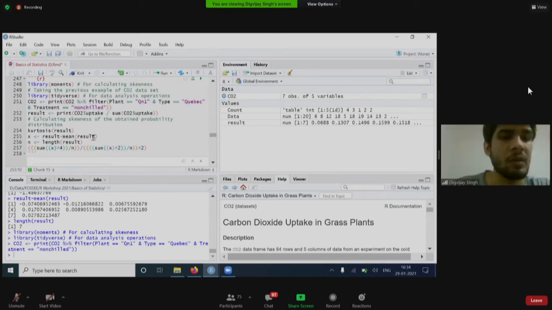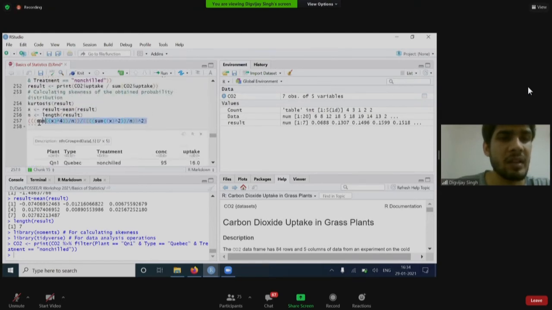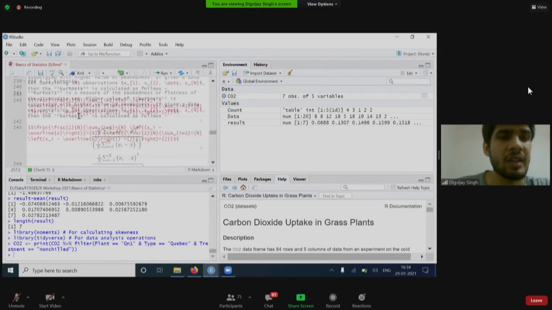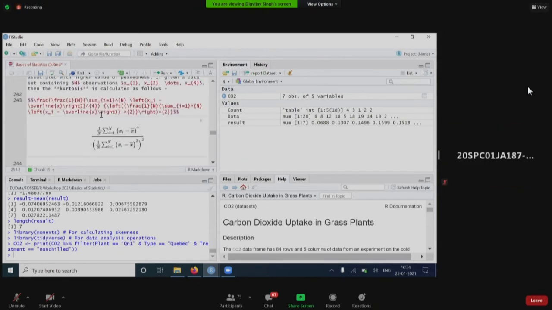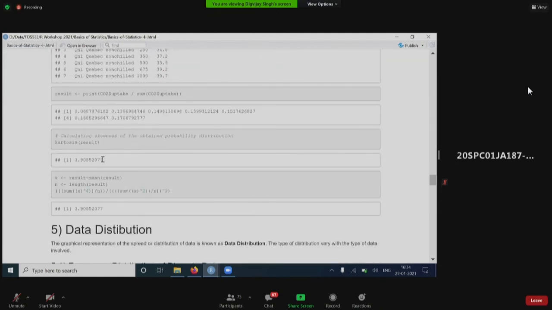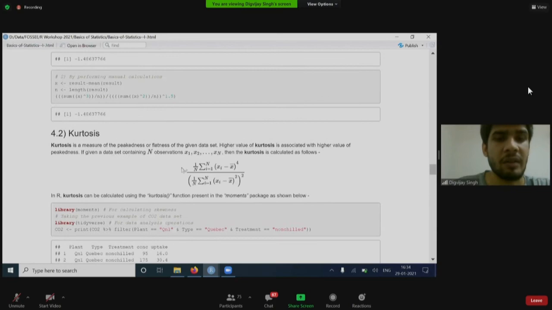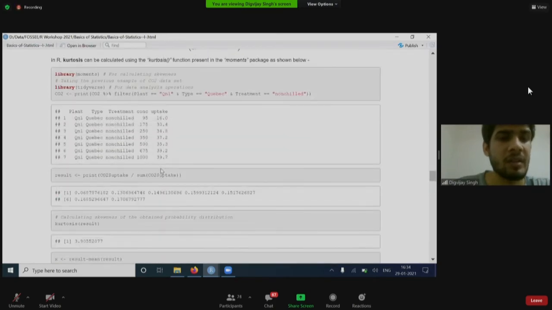Now I've done the same thing just like skewness. The only changes which I have made are in the formula, in this section. Everything else is the same as skewness. So you can see that I'm getting the same result with the predefined function, also by calculating everything manually, which means that our formula is correct and working fine.